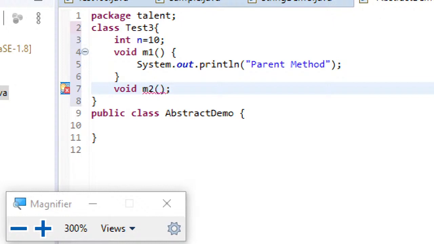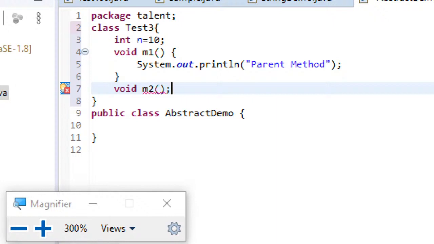Now you can see when I keep a semicolon, it shows an error, because if it's a method call, you are not supposed to write the return type. If it's a method definition, then you are not supposed to keep a semicolon. I hope everyone can understand the point I'm saying. But I am doing both: I am keeping the semicolon and writing the return type. My intention is to say this is an abstract method.